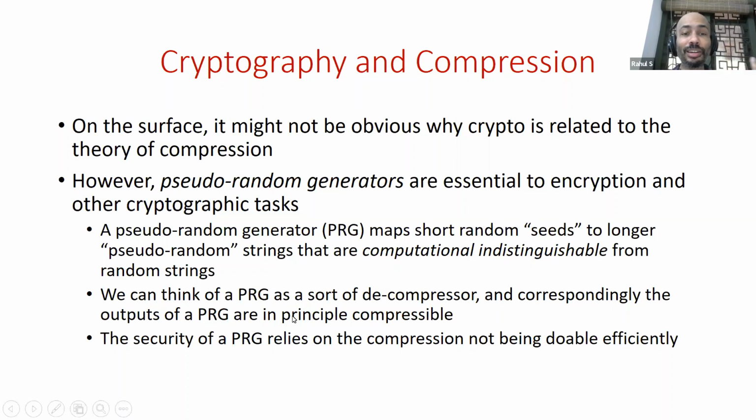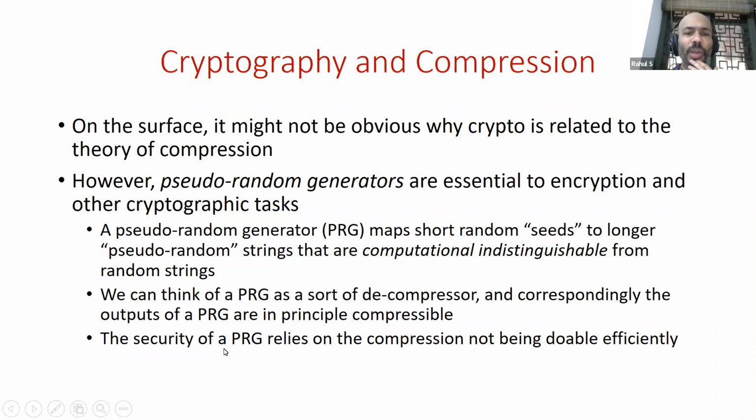And so that'll dramatically compress the outputs of the PRG, because from these long pseudorandom strings, you'll get back the short seeds. But this is something that you can't do to a random string, right? Like we know that random strings are incompressible just by counting arguments. So no compression procedure could possibly work for random strings. Another way of thinking about it is that the outputs of this PRG will have small Kolmogorov complexity. We can show without too much difficulty they have small Kolmogorov complexity, while random strings have large Kolmogorov complexity. So Kolmogorov complexity distinguishes outputs of a PRG from random strings.